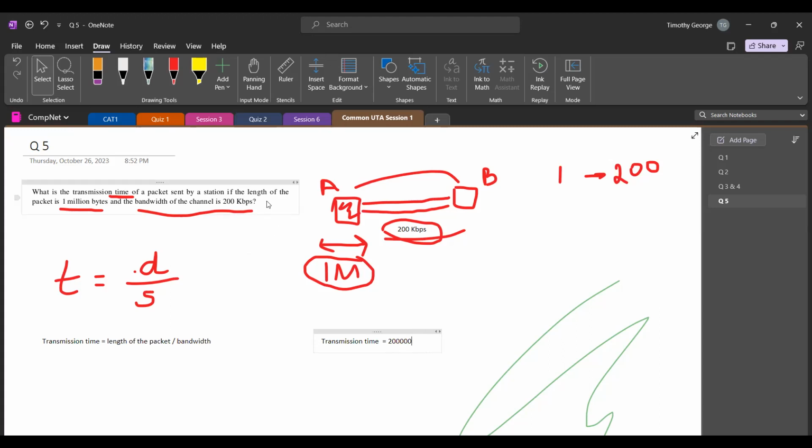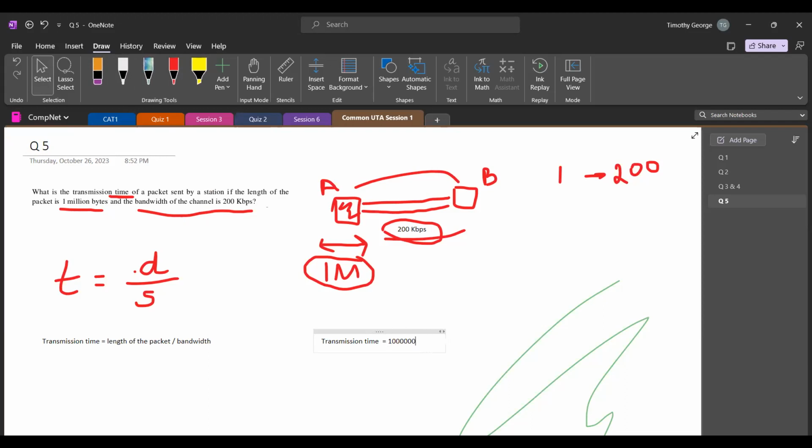The number of bytes is divided by 1 million, 6 zeros. Oh no, I've done it the other way, sorry. So it's 1 million bytes, the length of the packet,